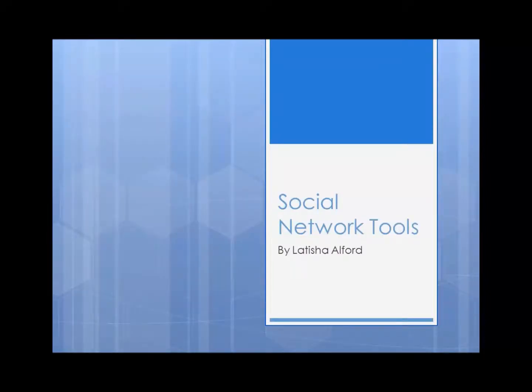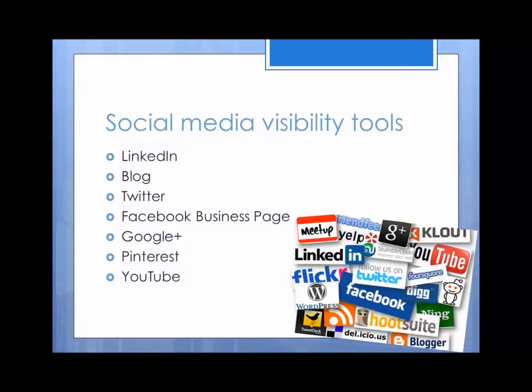Now we're going to move on to the third phase. Once we've mapped out what we want to be professionally known for, and determined our brand, it is essential that we understand the networking tools that are available to us. At this point, I typically go into what I call the big 8, but for purposes of this presentation, I focus on the big 7.